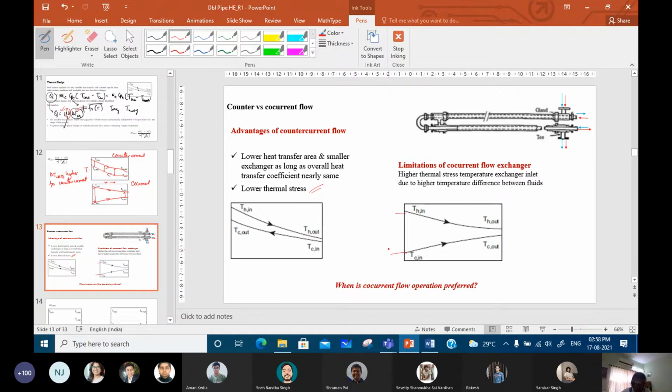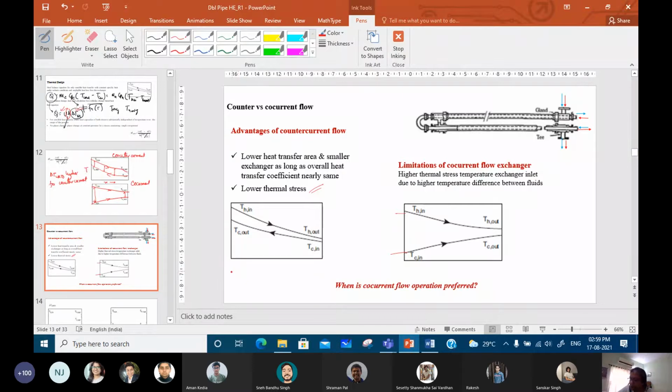Sanskar Singh: The fluid could get stuck in the exchanger tubes. No, it's not that it will get stuck. The first thing is the pumping power will be much higher. The pressure drop will be much higher, isn't it? That is number one. And then if it's a very high viscosity, what happens to the heat transfer coefficient, you tell me?